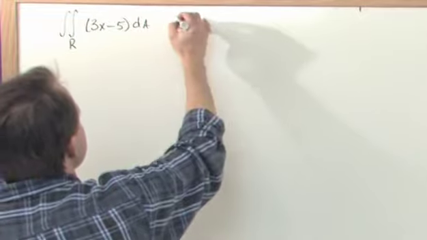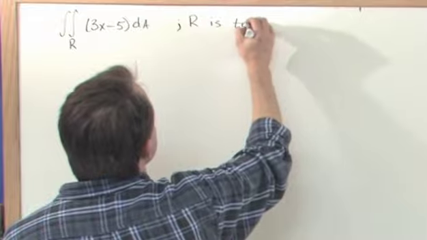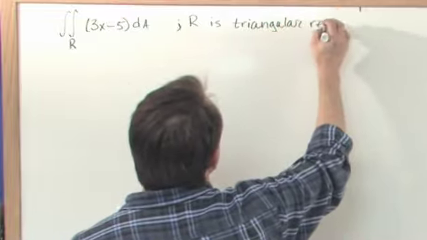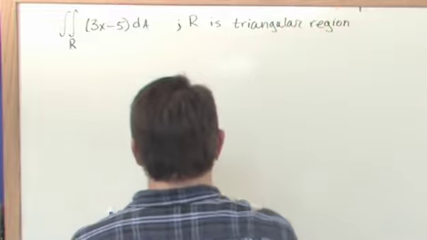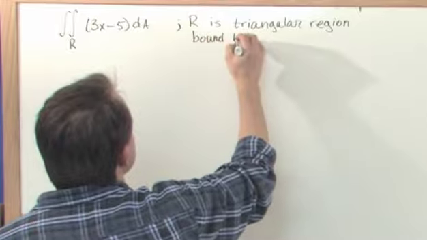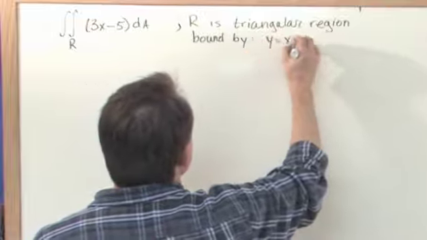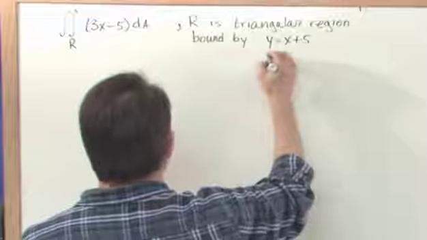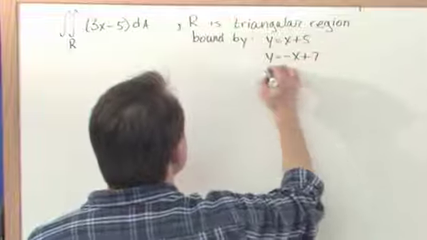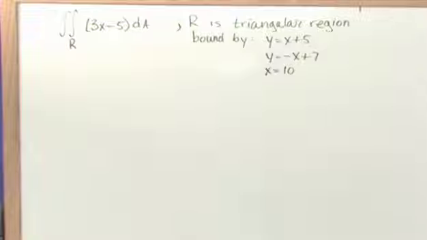And the problem tells me that the region R is the triangular region bounded by the following: y is equal to x plus 5, y is equal to negative x plus 7, and x is equal to 10. Okay, so the first thing, just like before, is you need to figure out what your limits of integration